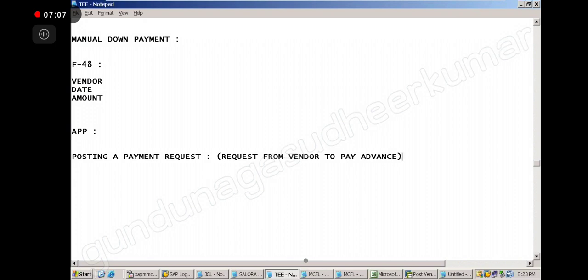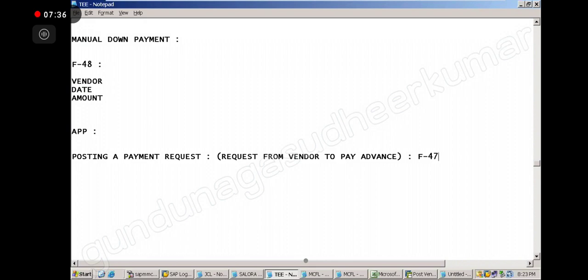So we have to go to F-47, where we will post the payment request. Understand? Payment is different, payment request is different. When you do the payment, payment will happen. But when you post the down payment request, payment will not happen.